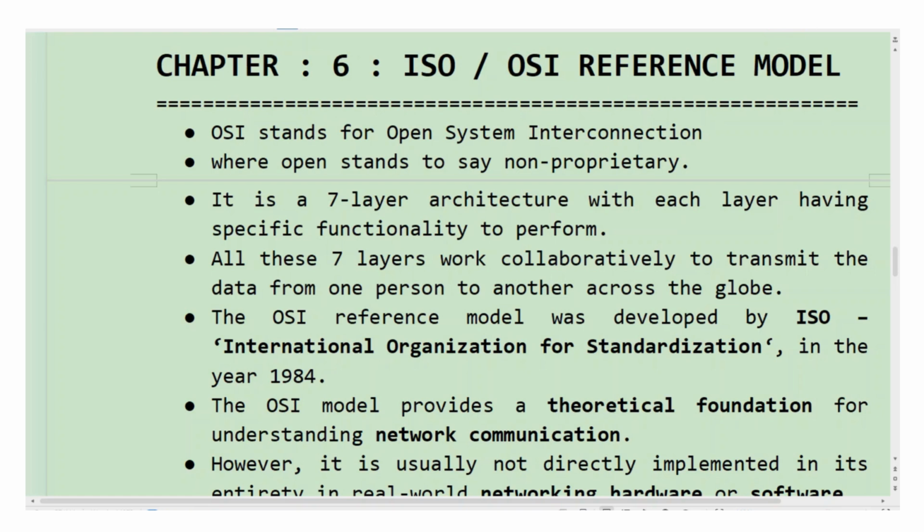Today my new video is the ISO-OSI reference model, that is chapter 5 of networking. So first, today I will describe the ISO-OSI reference model. First, let me describe OSI. OSI stands for Open System Interconnection, where open stands to say